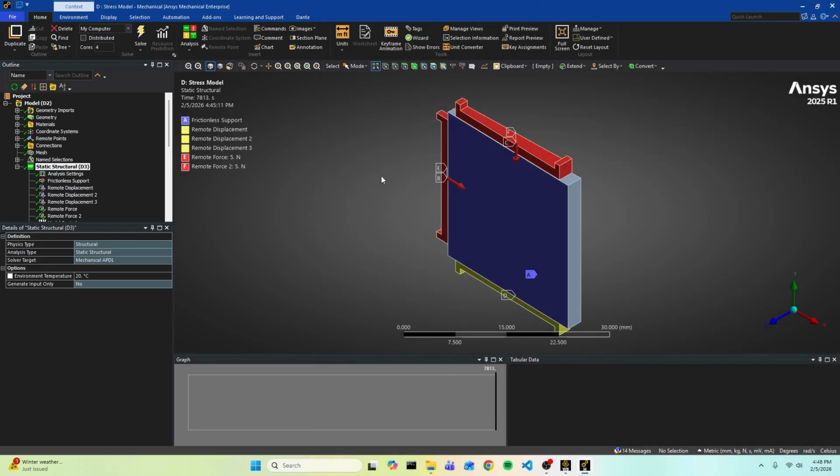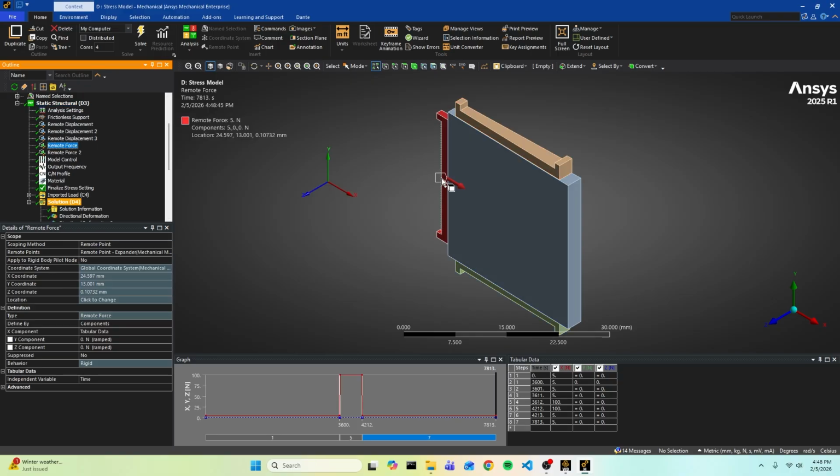Once we have the stress model open, we can take a look at the different boundary conditions. In this model, we have an axisymmetric ring geometry, a top die, a bottom die, and an expander. If we take a look at the loads in our model tree, remote force 1 here applied to the expander, we have a 100 Newton force applied to both the expander and top die during the press quench step, which